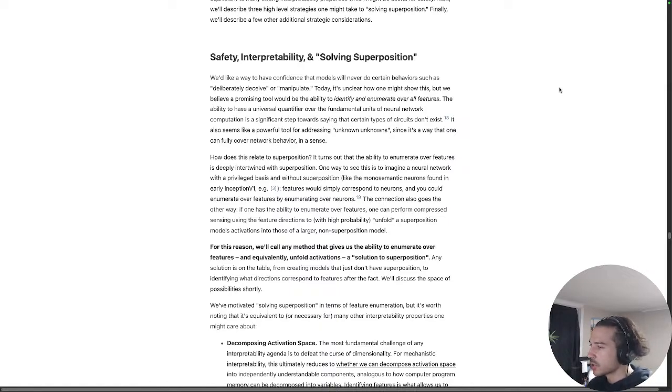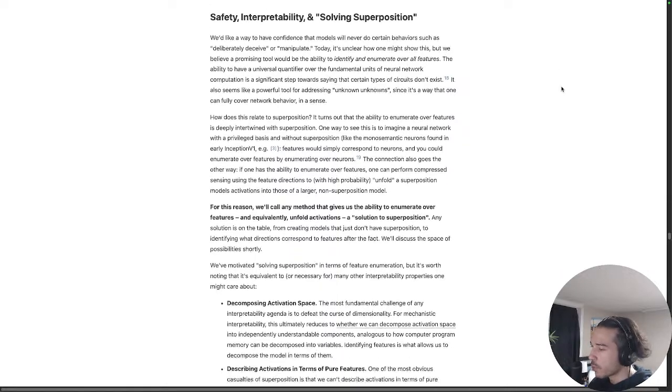The connection also goes the other way. If one has the ability to enumerate over all features, one can perform compressed sensing using the feature directions to, with high probability, unfold a superposition model's activations into those of a larger non-superposition model. For this reason, we'll call any method that gives us the ability to enumerate over features and equivalently unfold activations